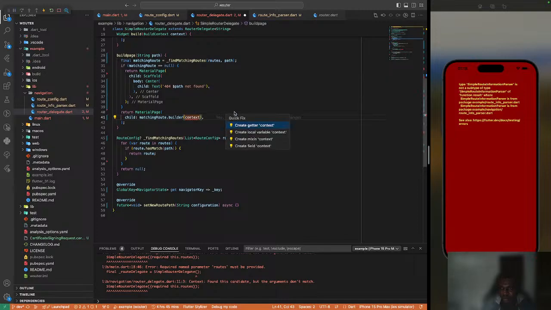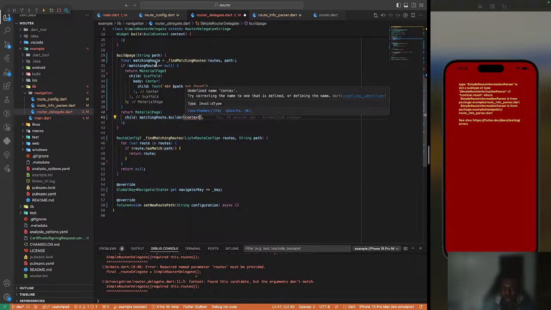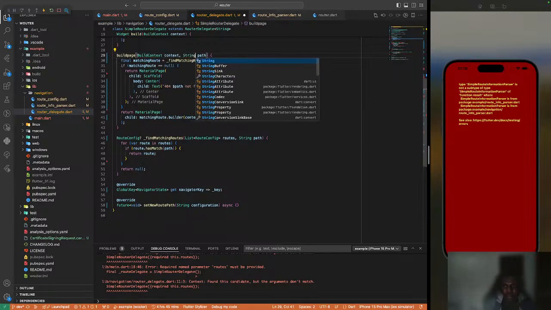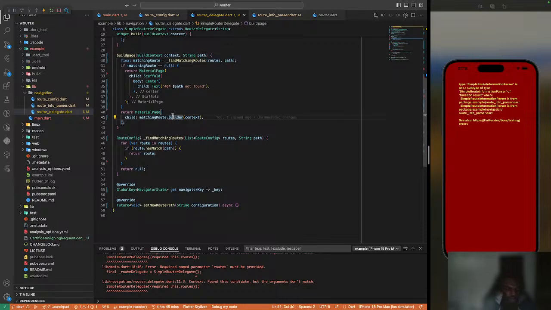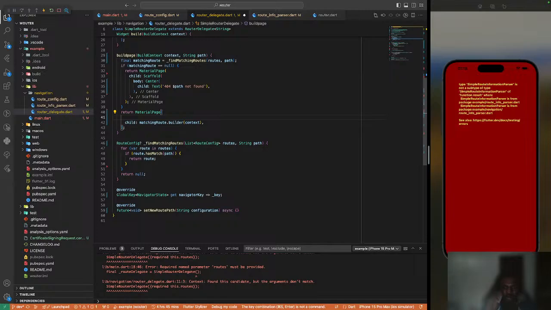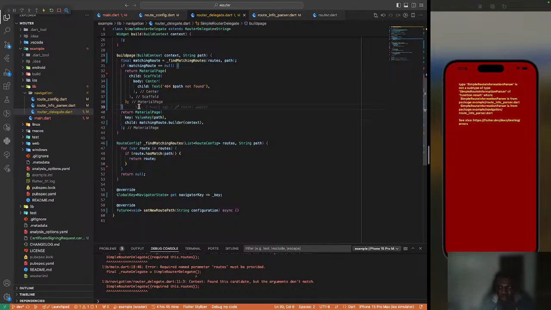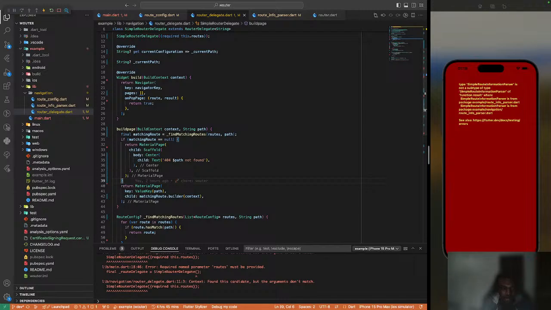Okay, so if it needs context, we could as well just pass the build context here, right? And then don't forget, I said you have to uniquely identify the pages with some key. So we have a value key, and yes, let's just use the paths. Every path is unique so I think that was fine. So that's for build page,